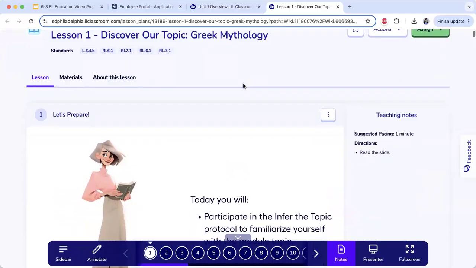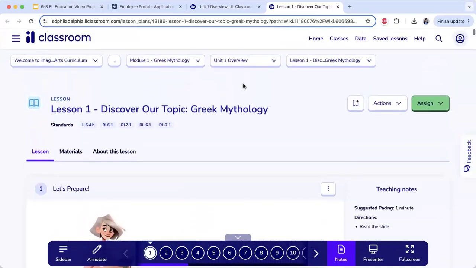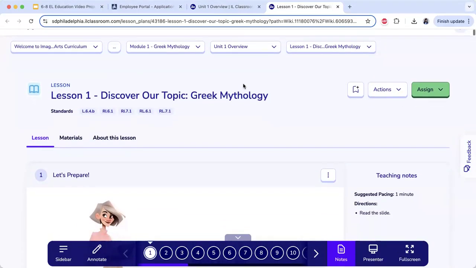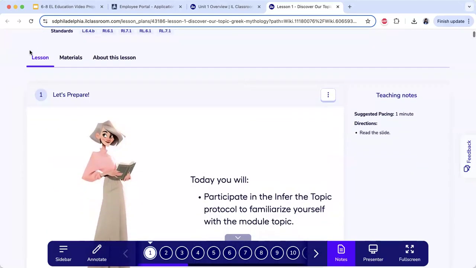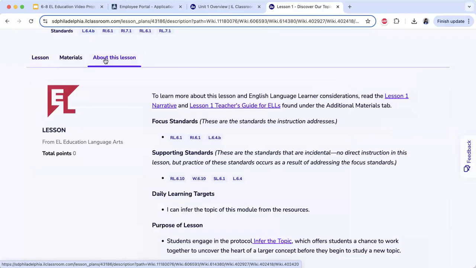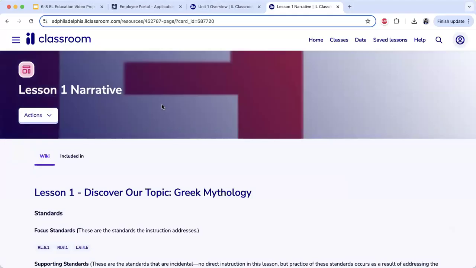And that is the latter half of the lesson narrative. So when I click on lesson 1, I'm not going to start here on this lesson tab where it shows you all of the slides. I'm going to skip the materials tab. I'm going to go straight to About This Lesson. When I'm here, I'm going to click on the lesson 1 narrative. Once I click on that,